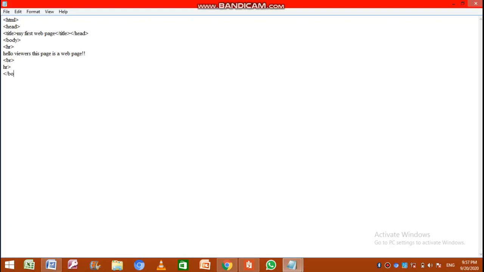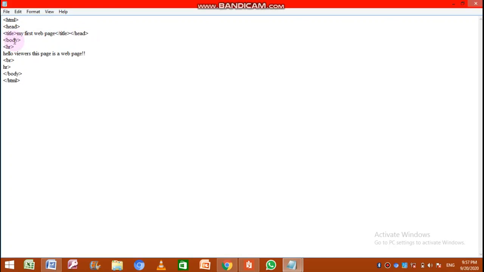Now I'm closing the body tag. No more programming I have to continue, so I'll close the HTML tag. HTML tag, head tag, title tag, body tag, all these are container tags because somewhere they are getting closed. HTML is opened first, at the top line of the program, and it is closed at the last line. Then whatever should be in the head part we have specified, like the title "my first web page", and then the head part is closed.